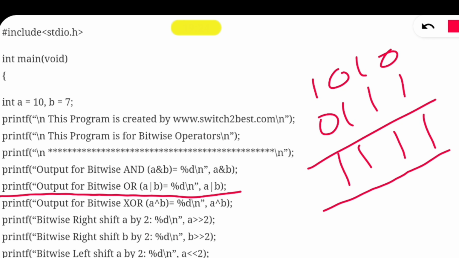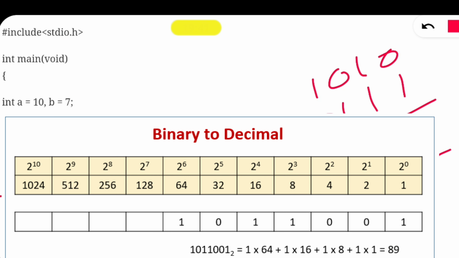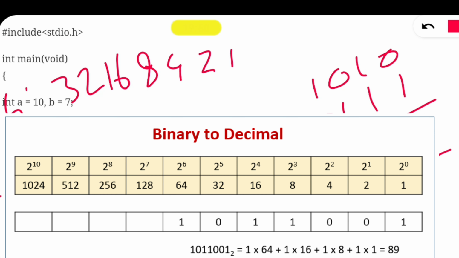Now you need to calculate the value. You know the series for binary to decimal calculation, because %d means printing an integer value, that is in decimal. So for bitwise calculation, you can check 1, 2, 4, 8, 16, 32, 64, and likewise it goes up to the nth place.